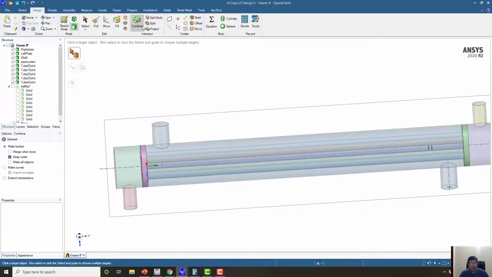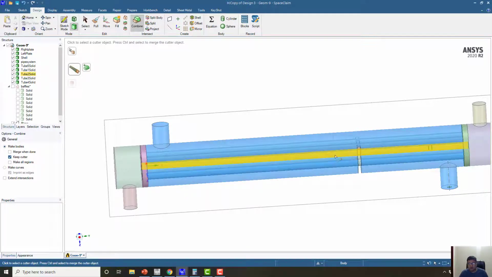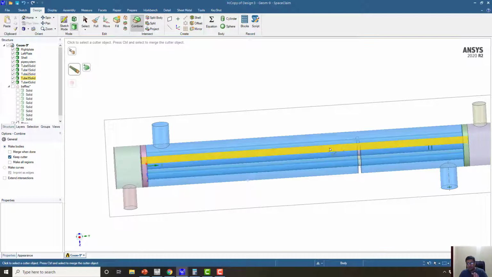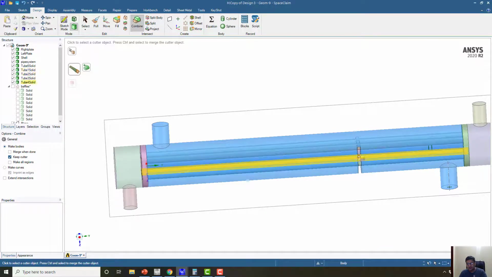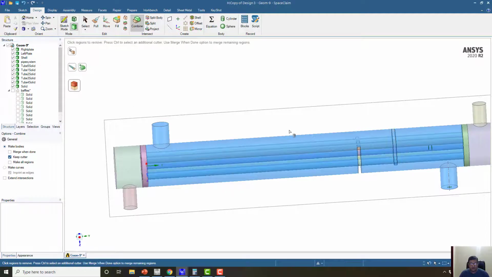So first choose the combine command and choose the shell part here, and then from the tree outline choose the first part. And as you can see, we have this part here. This baffle part is now separated from the main shell part, and just delete this extra part, which was a part of the shell. After splitting we now have two parts, one is the shell and the second is the part at the location of this baffle. And so we will move on with the second baffle, and in a similar way delete this extra part from here, and then the third baffle